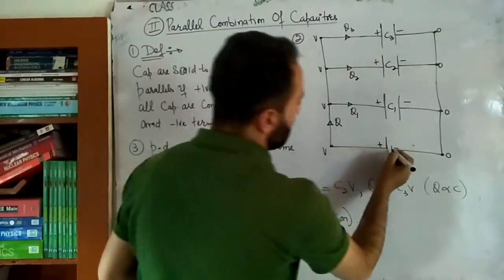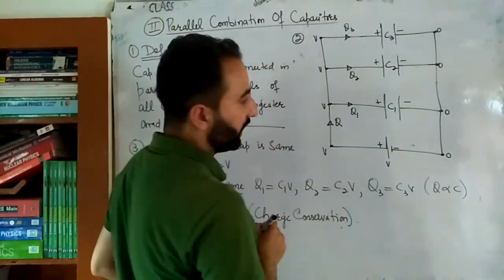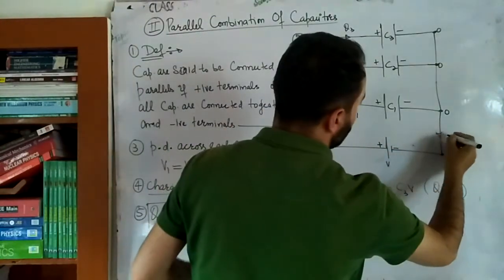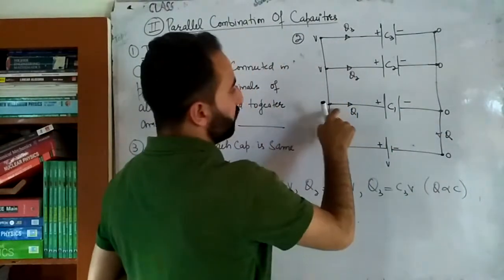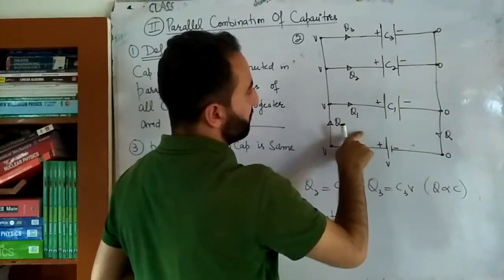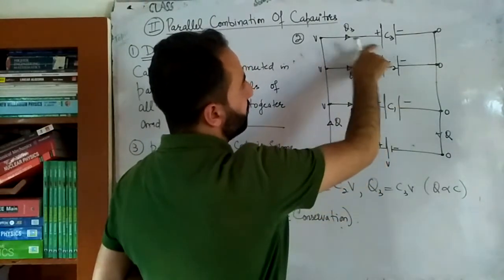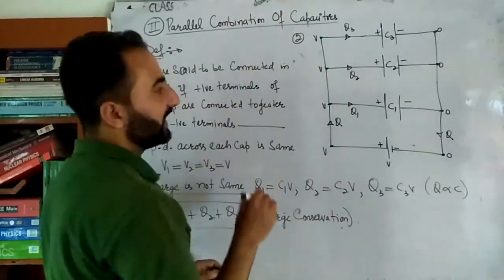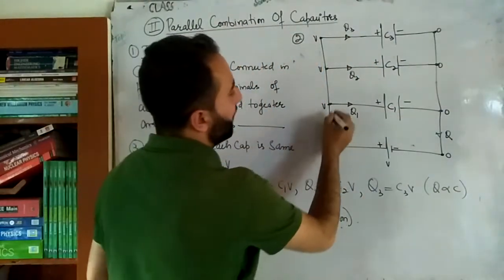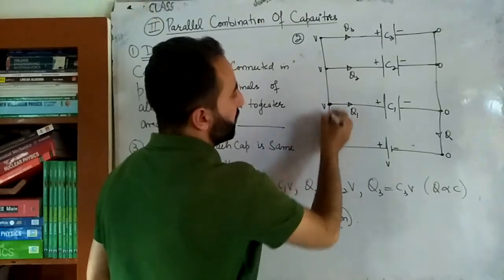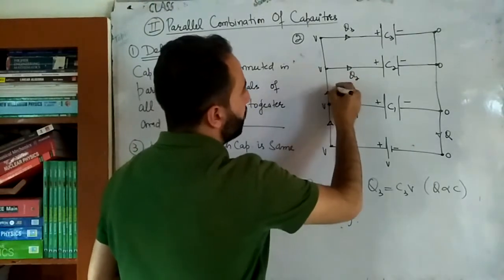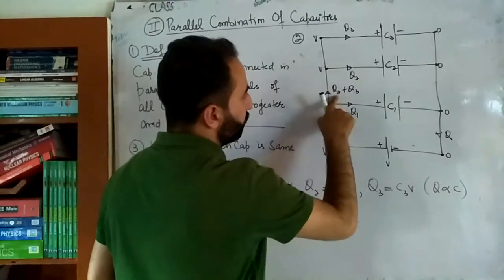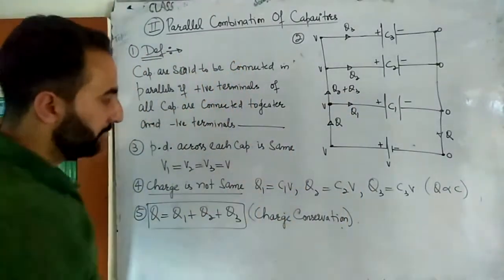So suppose the charge given by the battery is equal to Q. This is the source of energy, and as a result of it, the charge will flow in this direction. So the charge going like this is Q. Out of this Q, Q1 will go to the capacitor C1, Q2 will go to the capacitor C2, Q3 will go to the capacitor C3, and these Q1, Q2, Q3 will not be the same. But by charge conservation, I can simply write at this junction the charge coming in will be equal to the charge going out. So simply I can write: Q is equal to Q1 plus Q2 plus Q3. That's what I have written here.